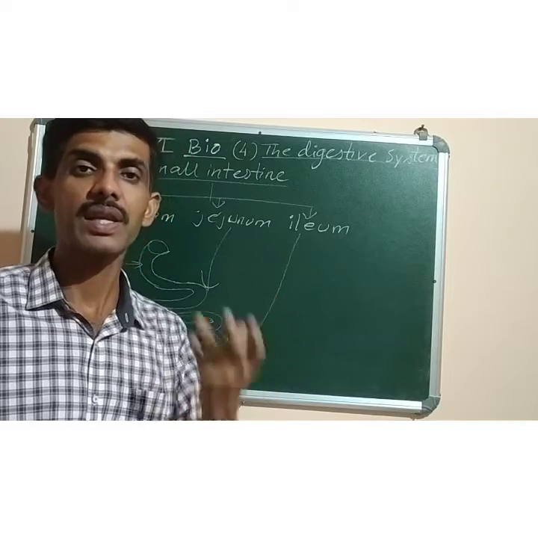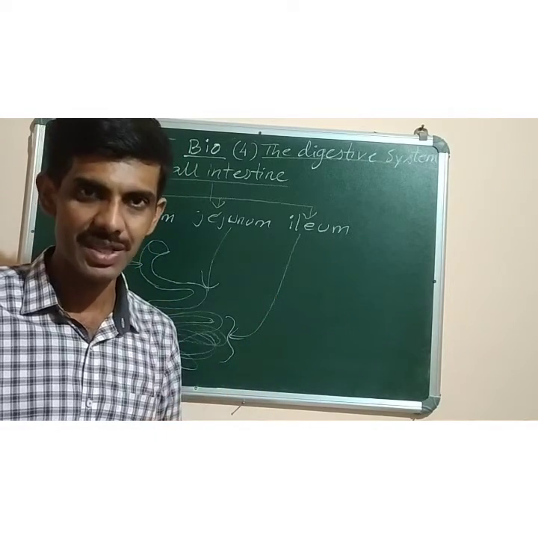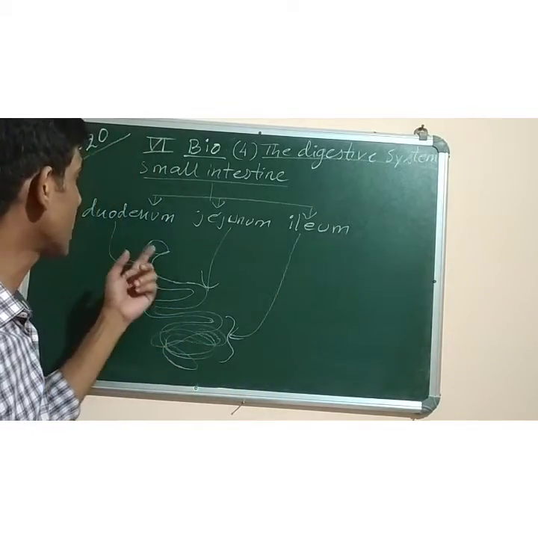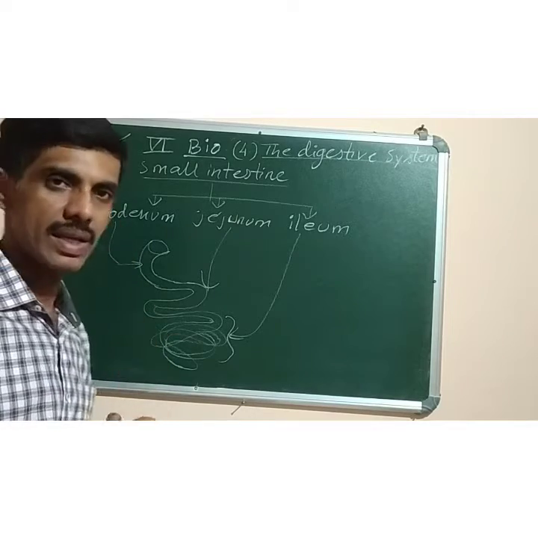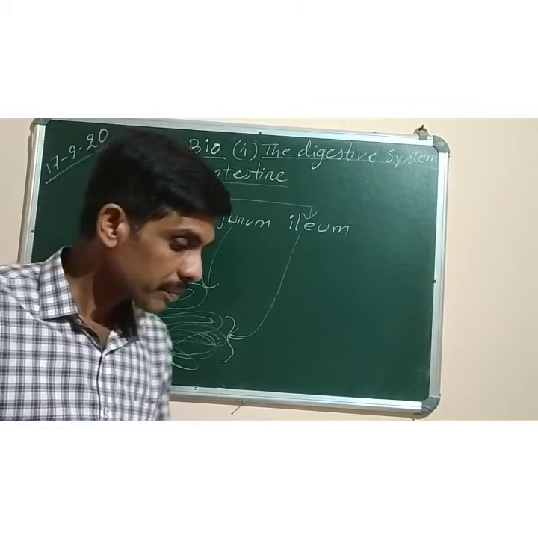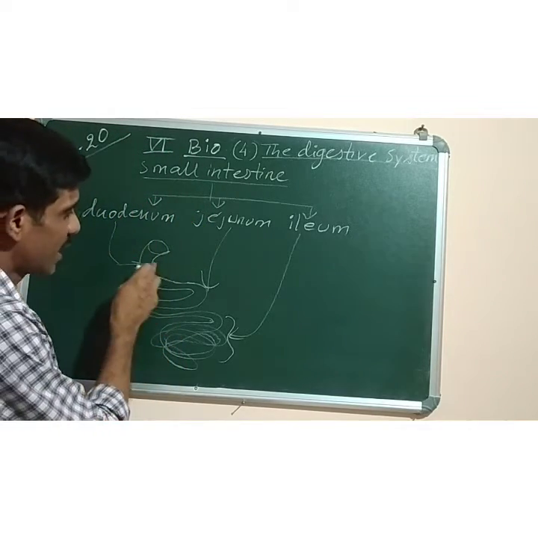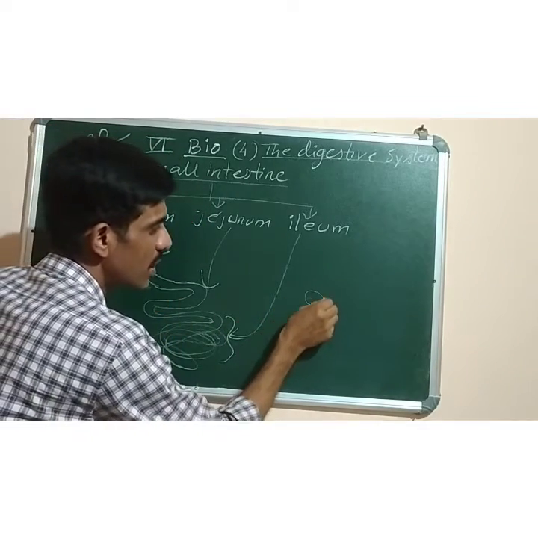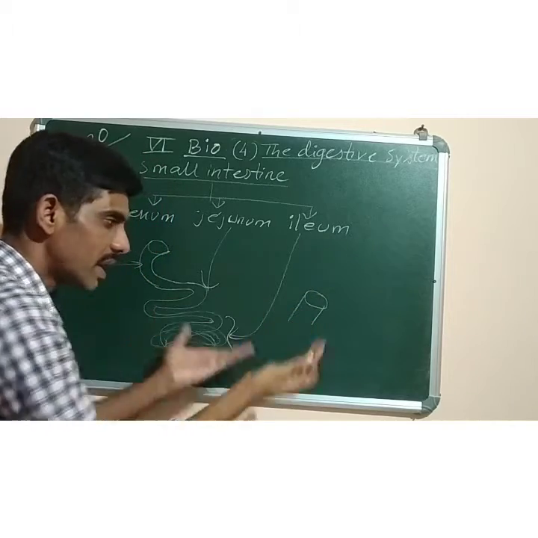What is the small intestine? It is an organ of the digestive system. Where is it present? It is present between the stomach and the large intestine. Okay, got it? Now next, if I take this small intestine and cut it open,